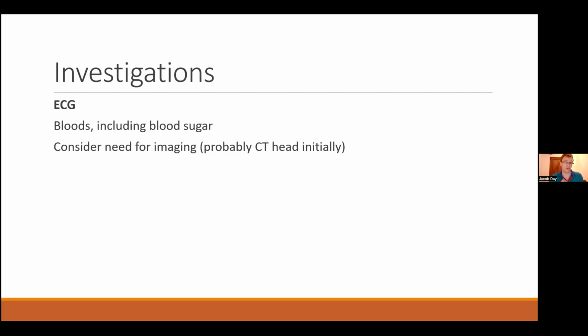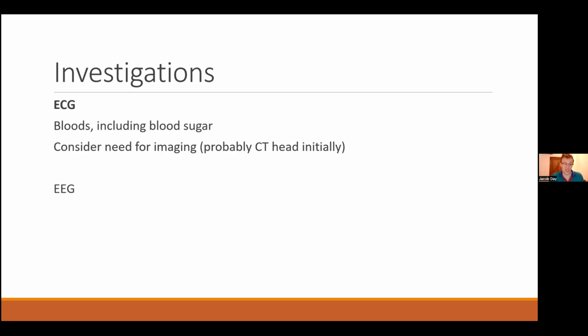Often people end up getting head imaging, usually a CT. That's not always necessary, but if there's any kind of concern about a structural brain problem, or particularly someone with a new seizure, particularly someone like an older adult, they'd normally get some brain imaging. Someone with epilepsy who's having seizures a few times a year, if they come in with a seizure and they're just taking a bit longer to come round, and that's why they're in hospital, but then they do fully recover, that person typically doesn't need brain imaging.